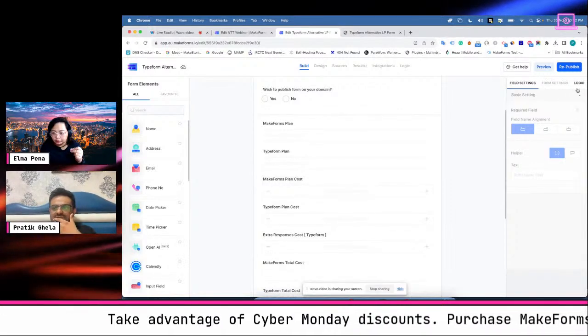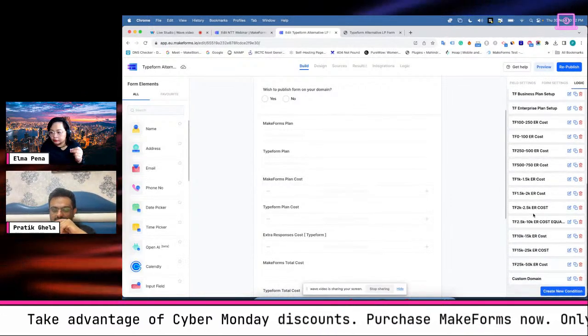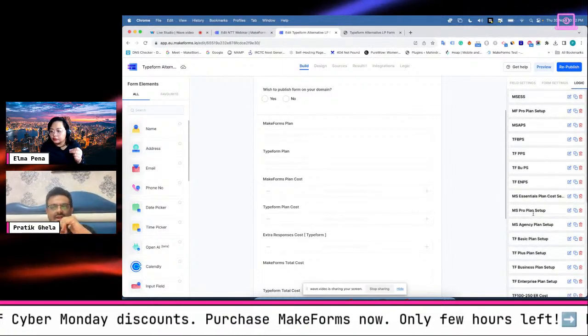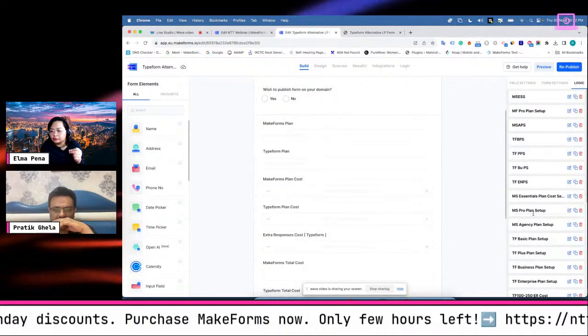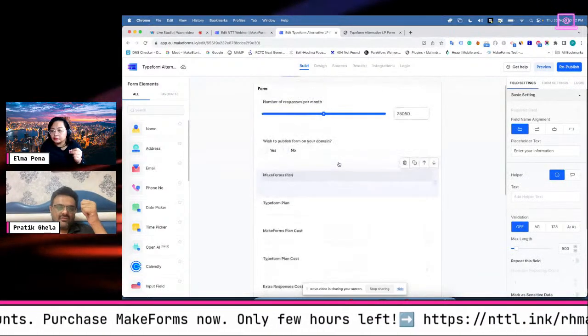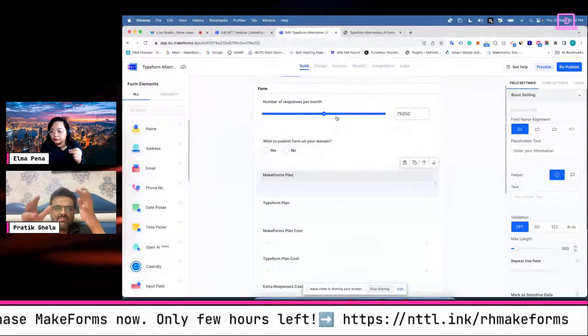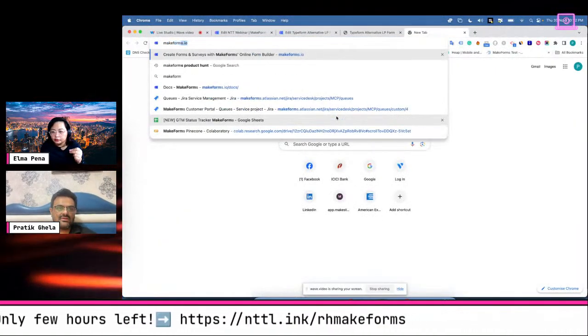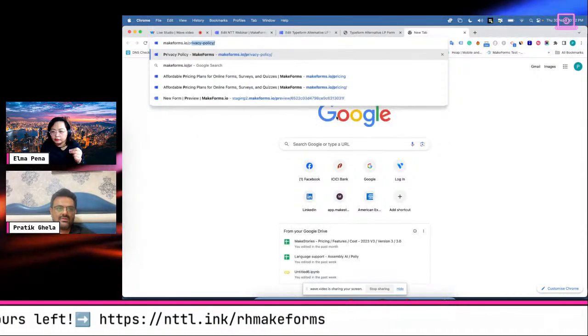If you see the logics that I've set up here, this is an insane amount of logic. Actually, it took me about 1 hour to build this form. How we've done this is, Make Forms: if you check out the Make Forms pricing plan,